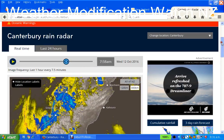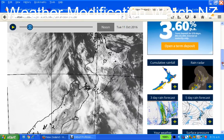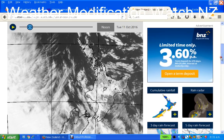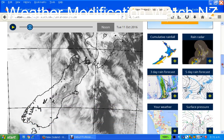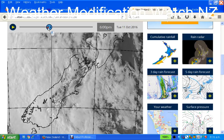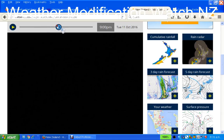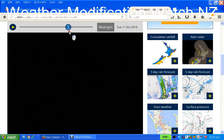The second thing I want to show you is this storm that was manipulated. Evidently, it looks like the last storm front was passed over the North Island. This one was moved over the South Island, which seems to me to be deliberate, put it that way. And that was yesterday, and here is this morning. Cloud all over, but